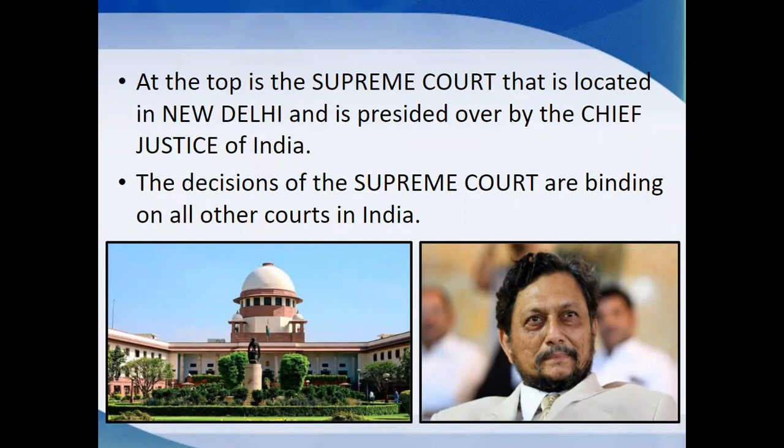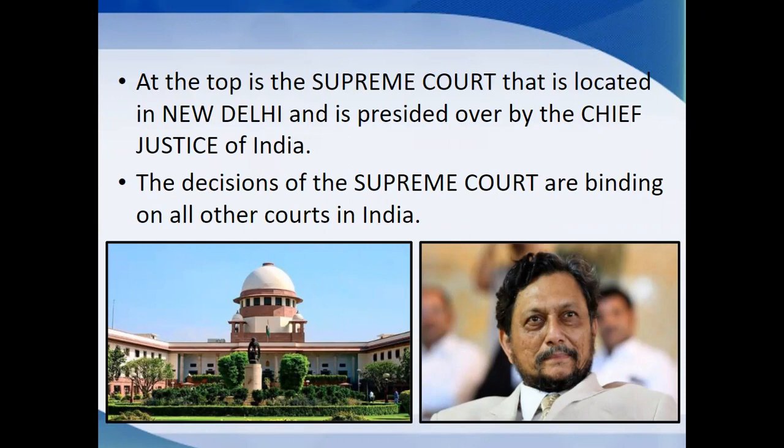The Supreme Court consists of the Chief Justice of India and not more than 31 other judges. They are appointed by the President of India on the advice of the Council of Ministers and the sitting judges of the Supreme Court. The judges retire on attaining 65 years of age. They can be removed earlier by Parliament in case of proven misbehavior and incapacity. The Supreme Court is located in New Delhi.